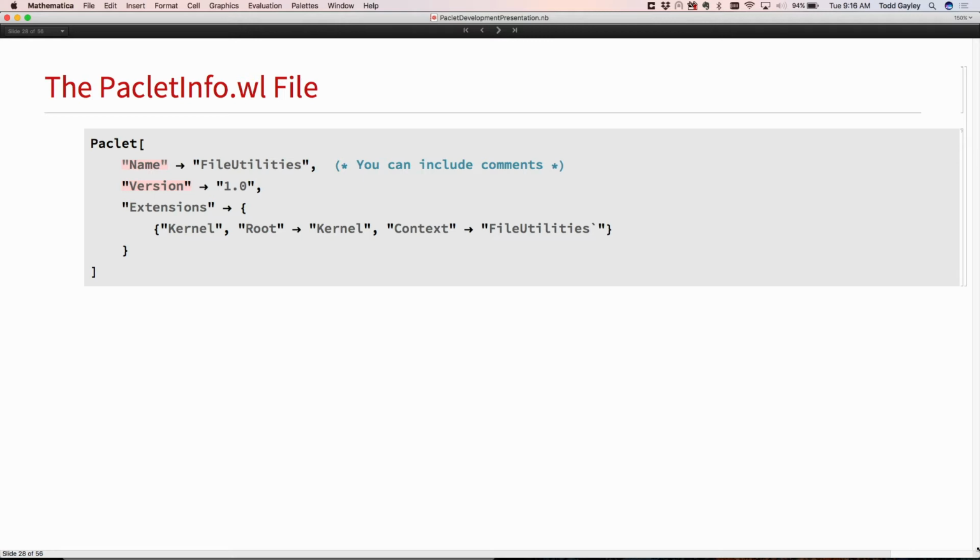The Root -> "Kernel" thing: when the Paclet manager looks, so someone says Needs FileUtilities, the Paclet manager will say, I know there's a Paclet that has that context. And how is it going to map FileUtilities back to the full path to the file? Well, it knows where the Paclet is installed, and the Kernel extension has a Root that says that's a path within the Paclet to the content for this type of extension. So this would be a Kernel